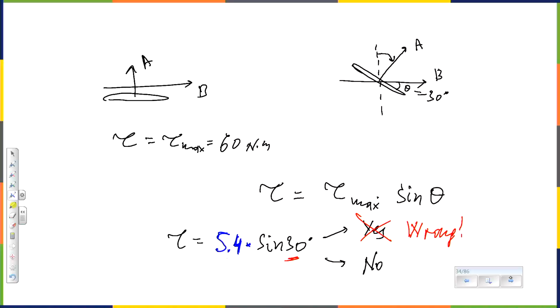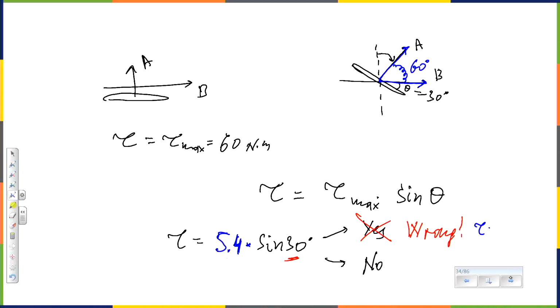But there's another mistake. What is that? We fixed 1 mistake. What's left? Angle. How should it be measured? It has to be measured according to a definition. We don't think about definitions. We know them and we apply them. The angle must be measured between magnetic field and area vector. So we have to look at magnetic field direction, area vector direction, and measure the angle between these 2 directions. Is it 30? No. That's 60.